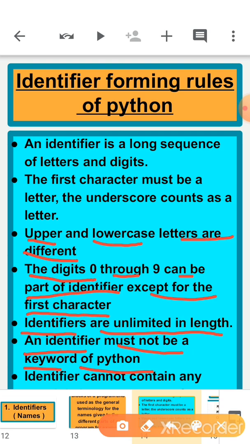An identifier must not be a keyword of Python. In the upcoming video we are going to discuss keywords in brief, but in short, keywords are the names which are already stored in the Python library. Like in a dictionary we have meanings of different words, so we can't make a new word which already exists in the dictionary.